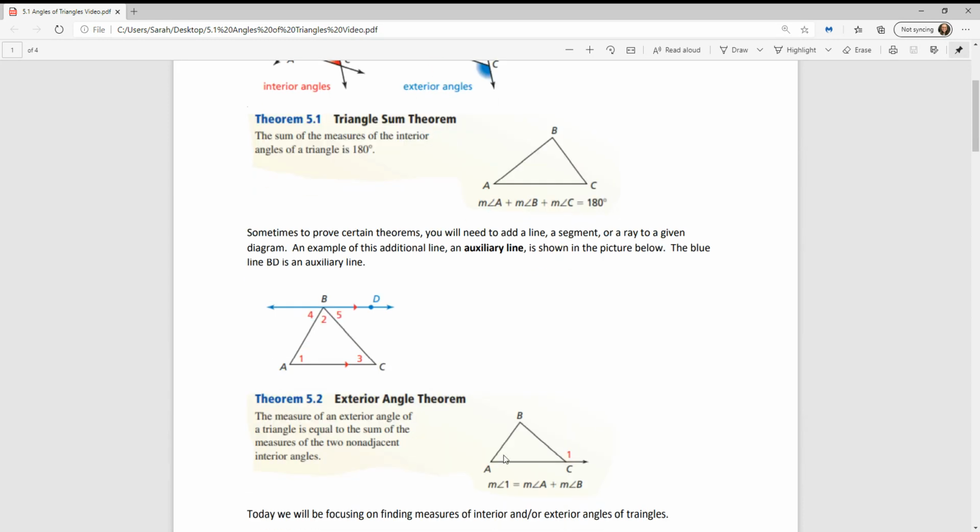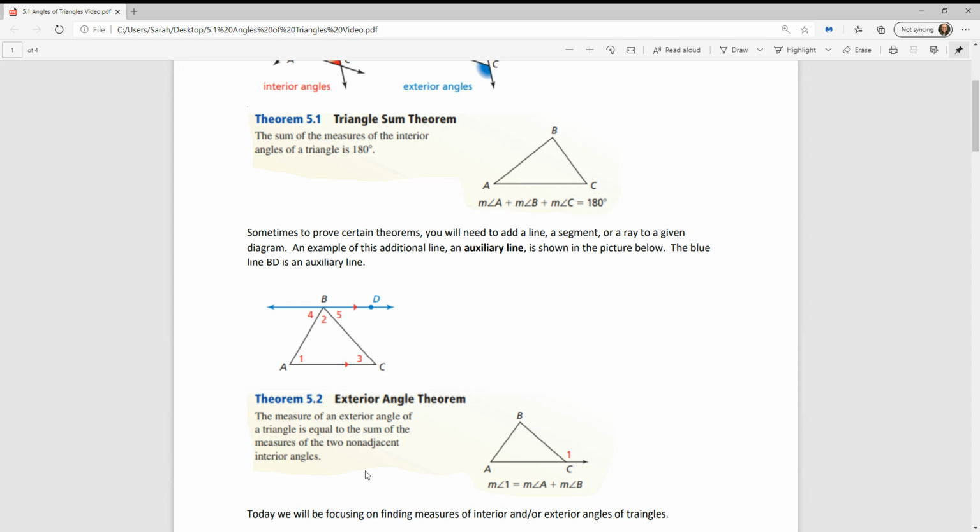We also have a theorem dealing with exterior angles. The exterior angle theorem says that the measure of an exterior angle of a triangle is equal to the sum of the measures of the two non-adjacent interior angles. So here I have angle 1, which is an exterior angle. Whatever angle 1 is, measure-wise, is going to be the measure of angle A plus the measure of angle B